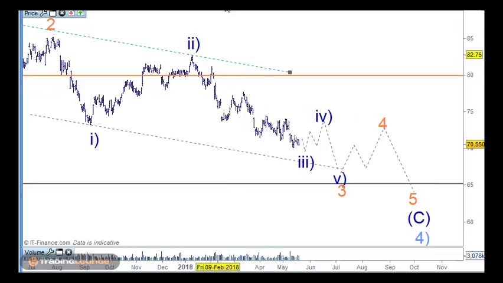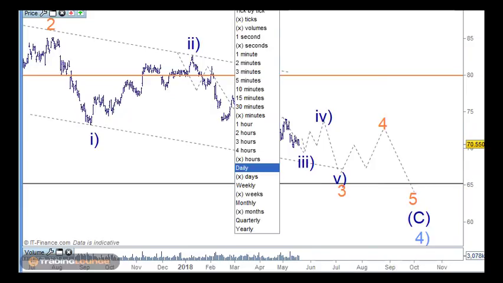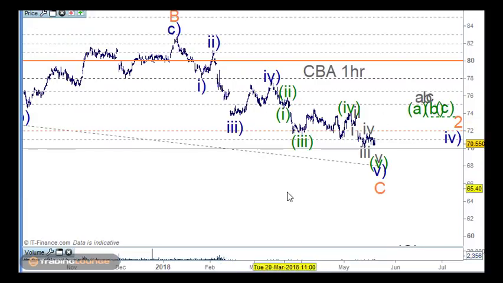Now, this move down from wave 2 down to wave 3 here, we'd been looking at this as wave 1 and 2 here, wave 3 all the way down to here actually, and then wave 4 across to here, wave 5 just coming down to here, and then wave 4 and wave 5 and wave 4 and wave 5, so long as you can sort of get that in your mind. I think we're looking at it maybe on the 1 hour chart.